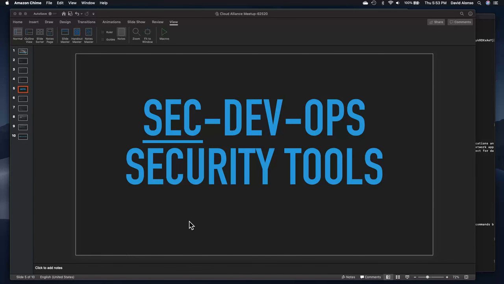DoD world, the term SecDevOps is pretty common. I'm sure some of you have heard DevSecOps, but the reason they say that is because security is really a primary focus on a CI/CD environment, a platform. So most of the stuff I'm going to be discussing today is around the tools. This is obviously a pretty broad subject, and we'll probably do a meetup specific to a handful of security tools